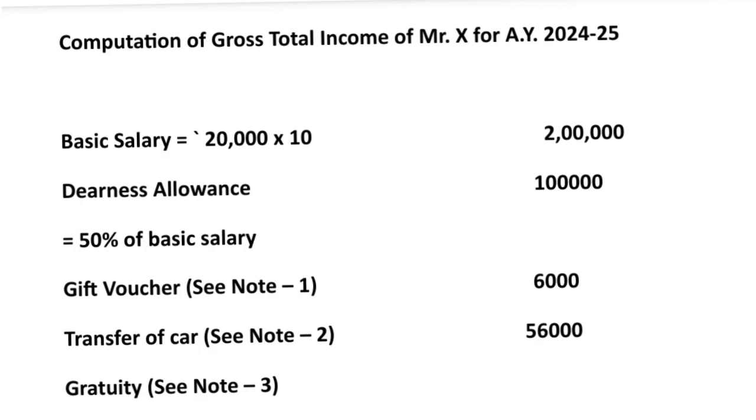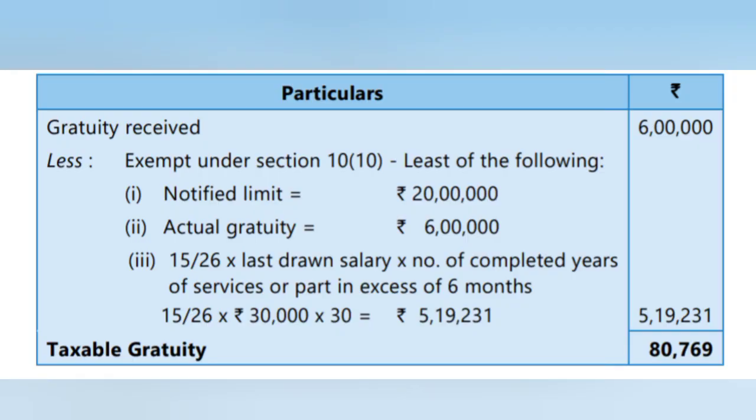Gratuity. Let's see note number 3. Gratuity received 6 lakh less exempt. First one is notified limit 20 lakh. Second, actual gratuity 6 lakh. Then third one, 15/26 into last drawn salary into number of completed years of service or part in excess of 6 months. That is 15/26 into salary, equal to basic salary plus DA, that is 20,000 plus 10,000, which is equal to 30,000, into completed years, that is 30, which comes to 5,19,231. Out of the three, 5,19,231 is the least, which is subtracted from 6 lakh,